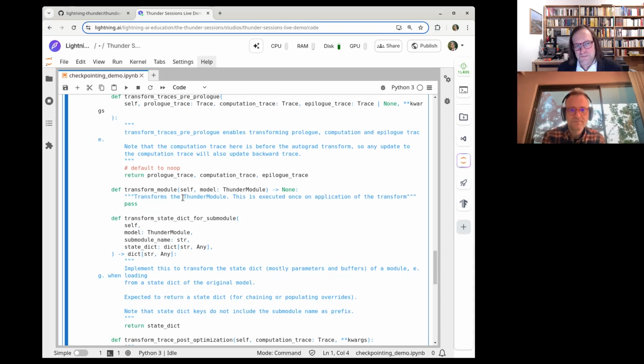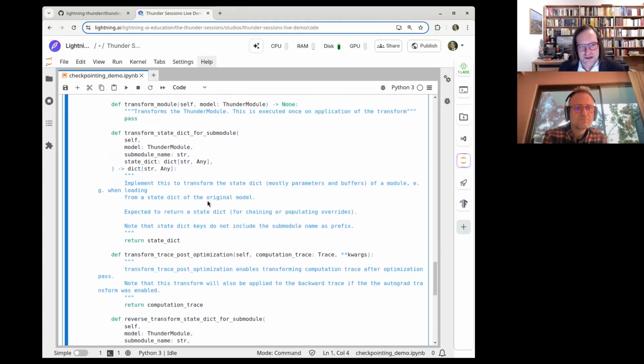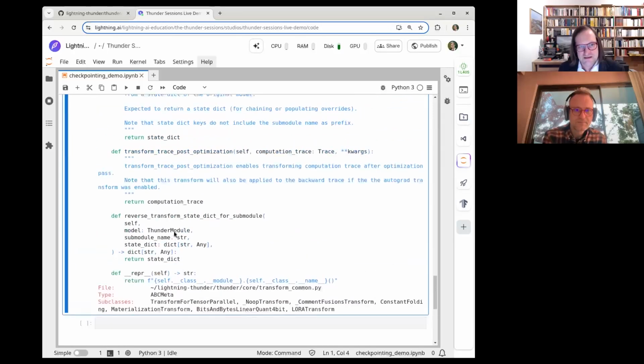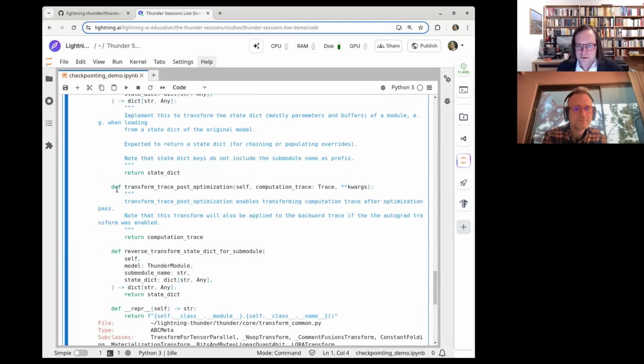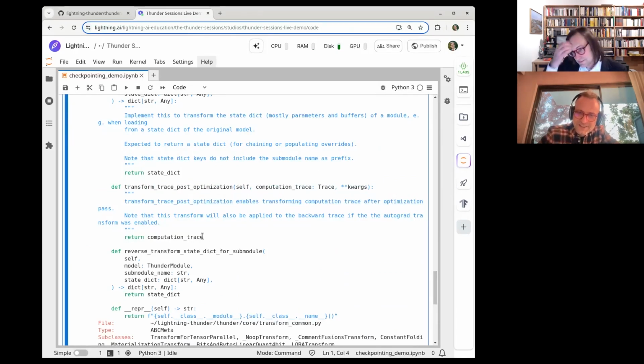Or if you want to quantize, you need to replace the weights with quantization and dequantization information and things like that. And then there's also something to transform state dicts in order to enable loading the original or the transformed state dict as you want, and go back and forth. It is one of the funny things in